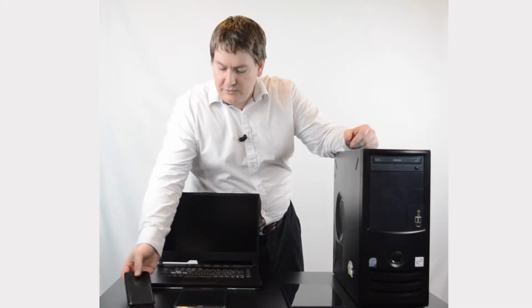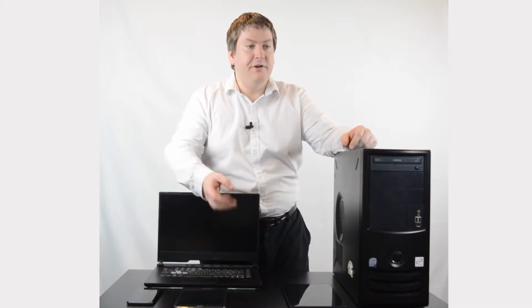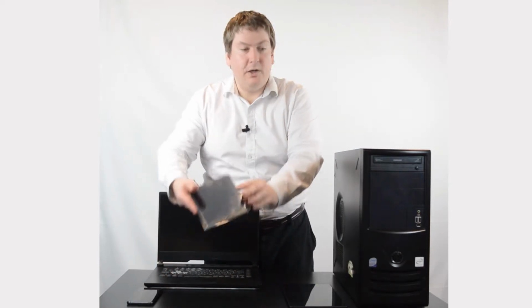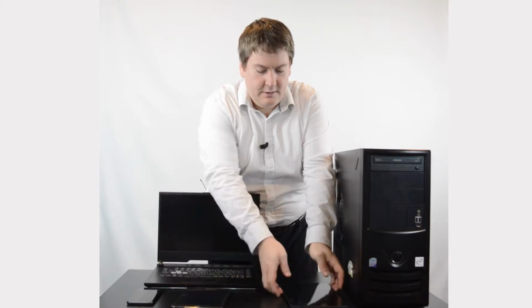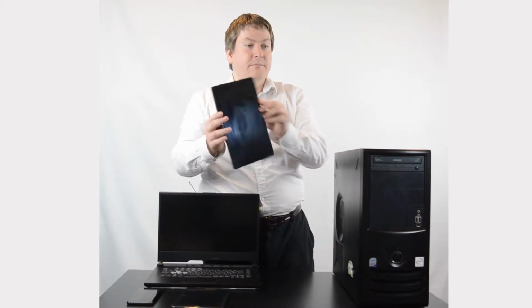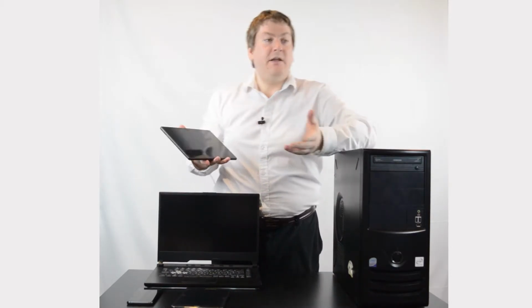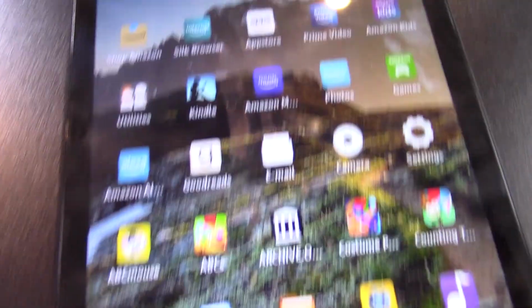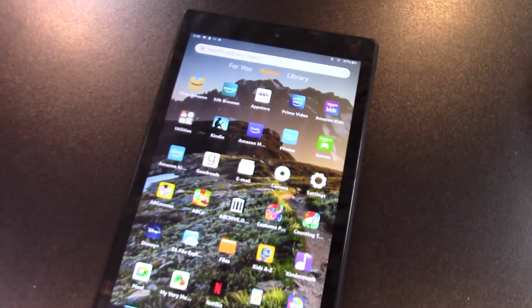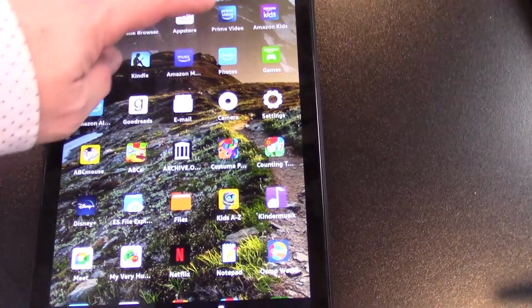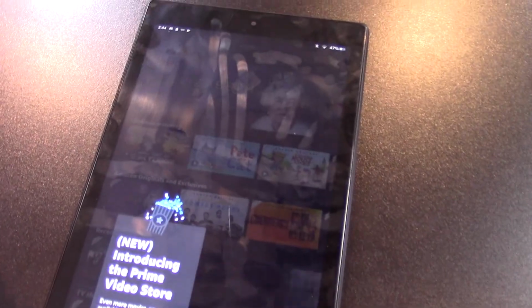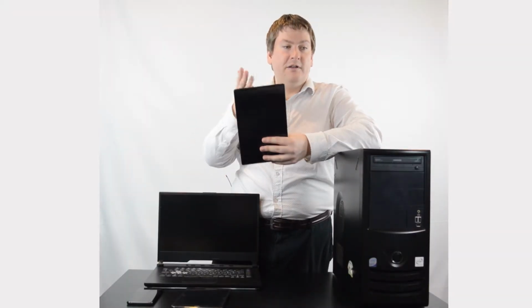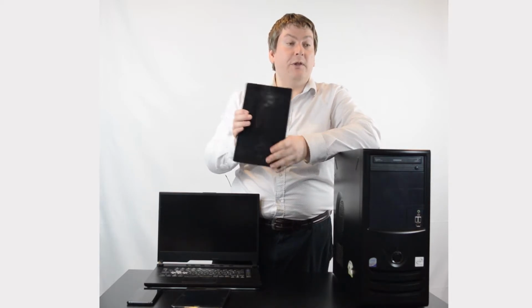So next, we're going to move on to tablets. So I have two different tablets here. We have a smaller Samsung tablet, and we have a larger Amazon Fire tablet. However, they're both essentially the same in the operating system. They both run a version of Android. Amazon tends to customize theirs a bit more, but they are both Android under the surface. And just like smartphones, they have touchscreen as the main interface. In fact, you can really think of these tablets as sort of just like a really big version of a